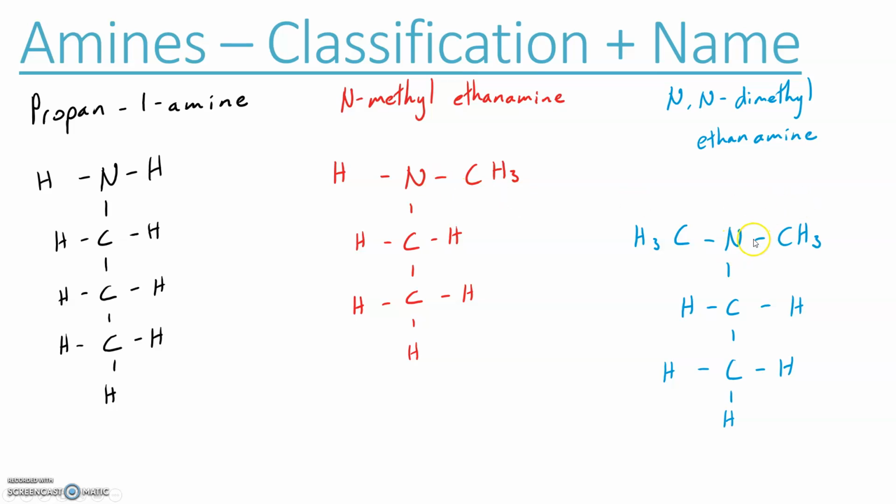And again here, we had 2 methyl groups, so on either side, we call it N,N-dimethyl ethanamine. So again, the ethanamine is the main part, and then the 2 methyls attached to the nitrogen making it N,N-dimethyl